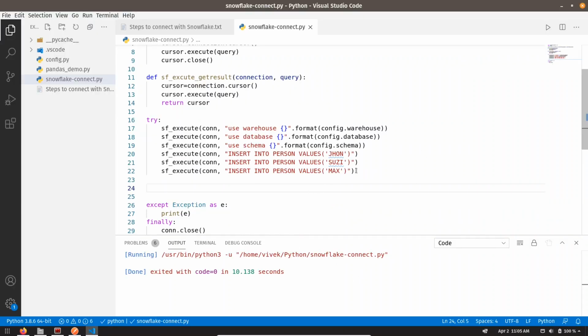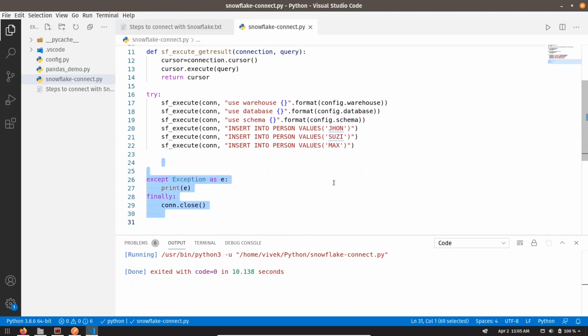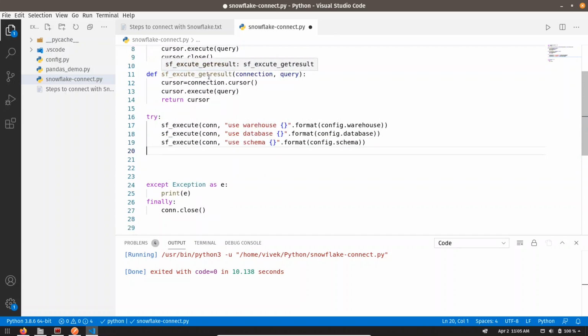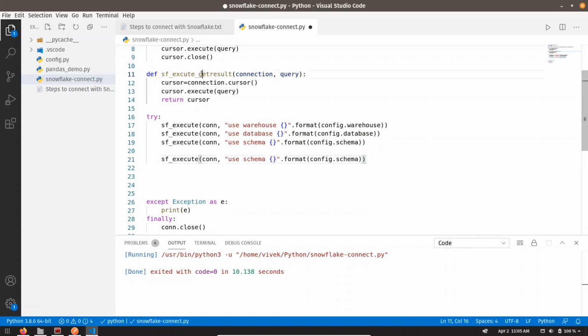Now let me read these records again from the table. So let me delete these executes, and this time we are going to use sfexecute get result function. So let me copy the previous call and let me change the name, and this time let's send the select statement.